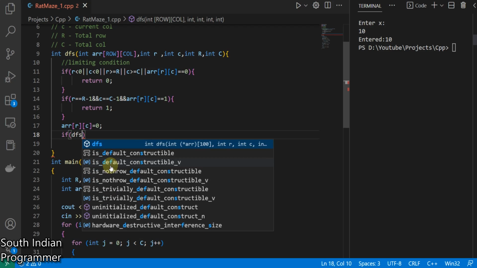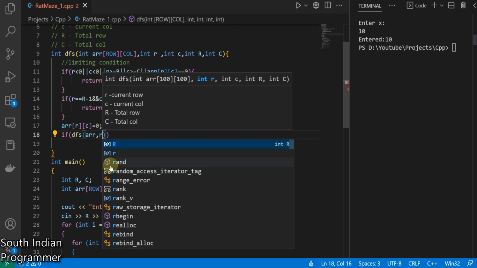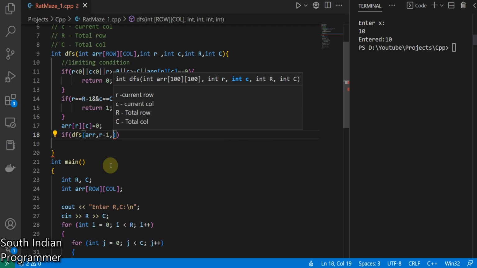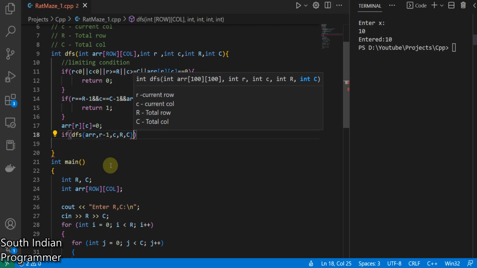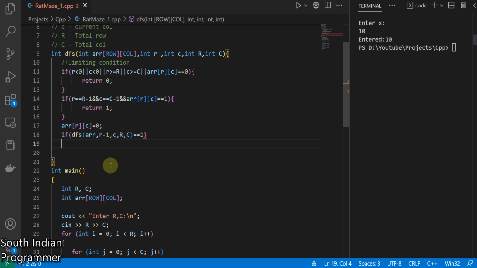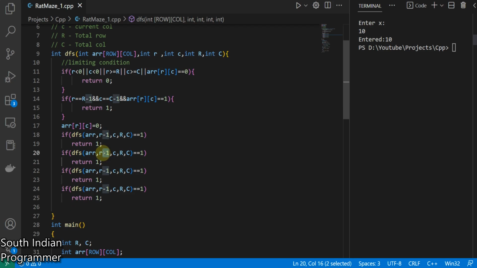So I'm writing the same DFS, I'm passing the array reference, and R, I'm going the previous and same, and the capital R, capital C. If it comes as 1, I'll return 1. The same condition is for all 4 directions, so I'm copying the same, but here the value will differ. Here plus 1,